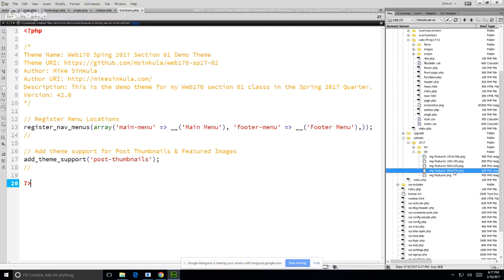And this one is still a mystery to me, 768 by 576. Why are you making that one? I don't understand what's going on. And it's making those separate files because